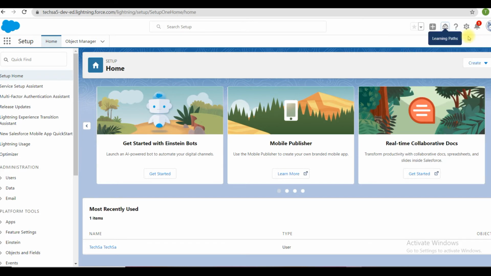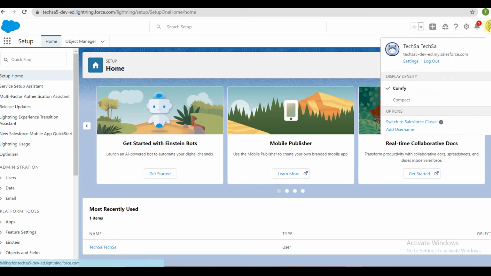Actually this is the newest version, called the Lightning view, and we can go to the old one, the Classic view. Anything is fine, you can select accordingly. For the time being we can prefer the Lightning version.